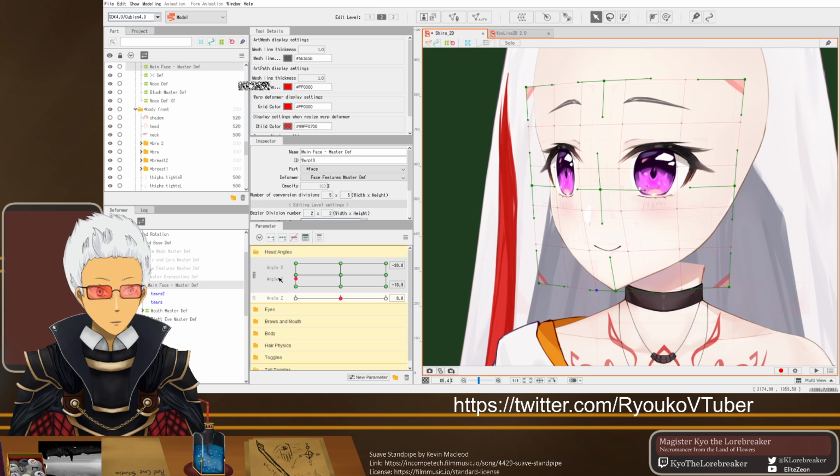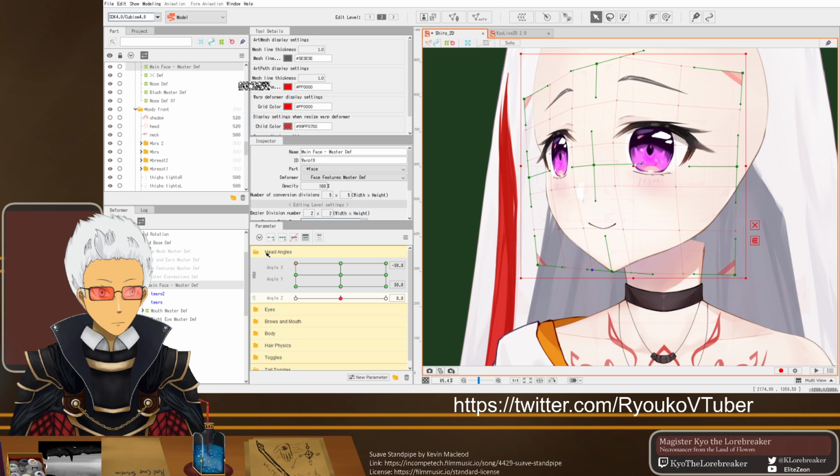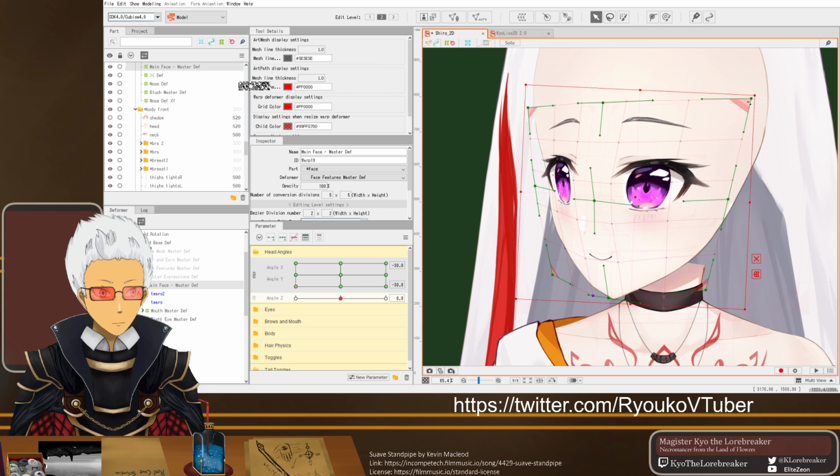It's also just the way the mesh looks, I think. So maybe get it straighter looking, and then I'll try to fix the mesh to go. Whoops!